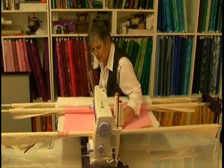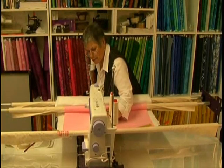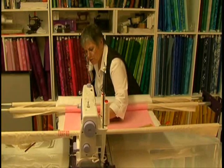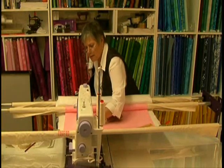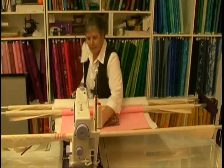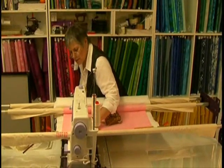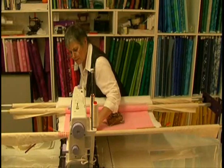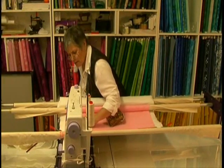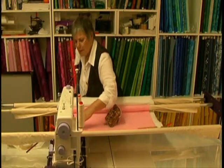Not too fast. We're actually at the back of the machine. We've got our hand behind the foot. We're actually guiding it. We're stopping the machine from moving down or up. And by doing it that way, we keep the machine fairly straight, on a straight line. Now I'm just going to ease a little bit of corners in there, because there we go, straight across,